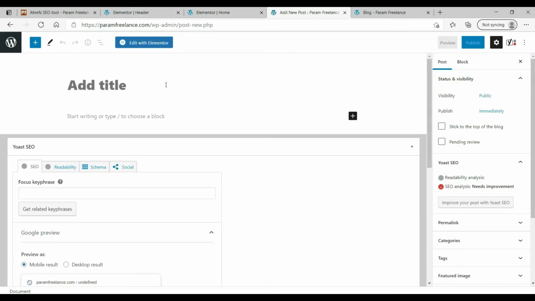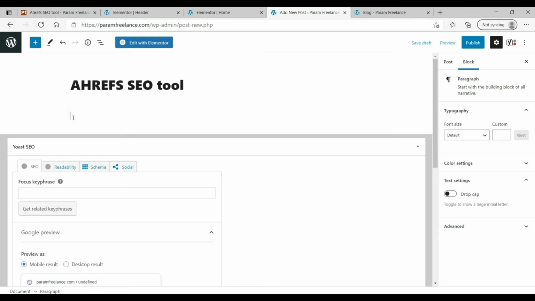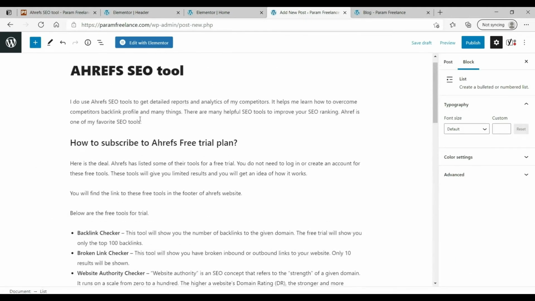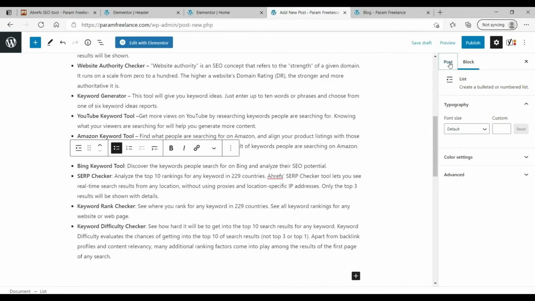So I have some blog posts from my other website, and I'm going to add the content on this website. From my main website, I have one of the website, that is freetrialplans.com. So I'm going to get the content from that website. So this is one of the Ahrefs tool, that is one SEO tool. Okay, this is the title. Then I'm going to paste the content here. This is the blog post content.